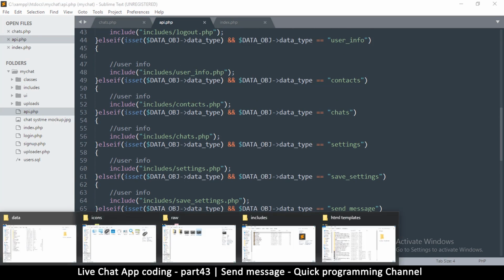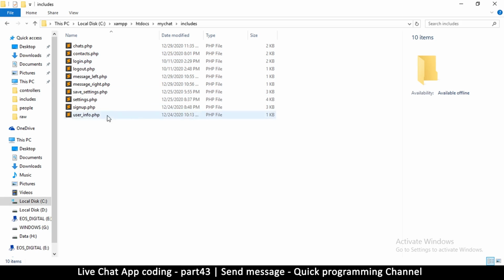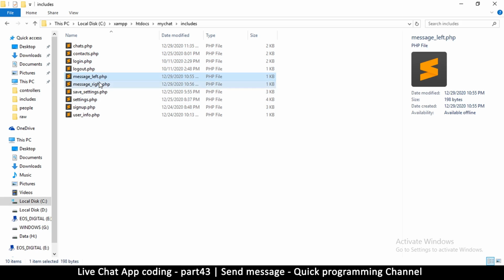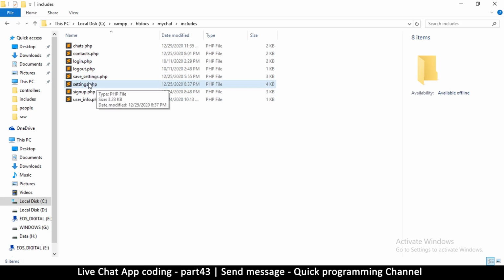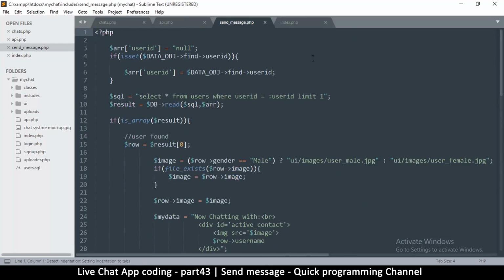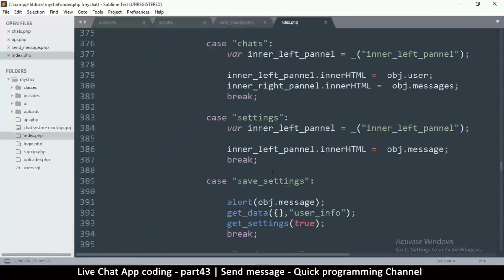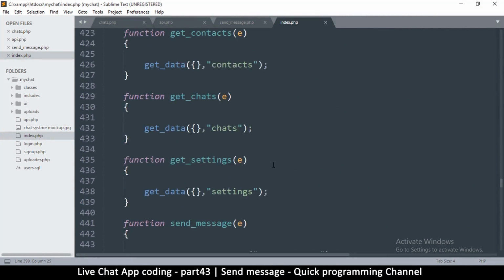So I'm going to go into my includes folder. My chart includes. There are a few ones here I don't need. Okay, so we want to look at chats there, copy, paste. And let me change it to send underscore message and open it. So here everything is already almost set up. So every piece of information that we send here, where is this? Down here,